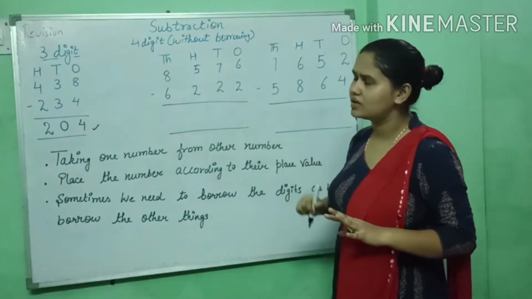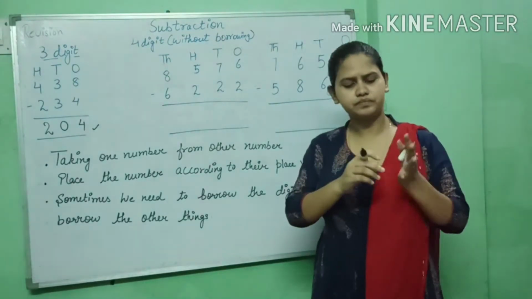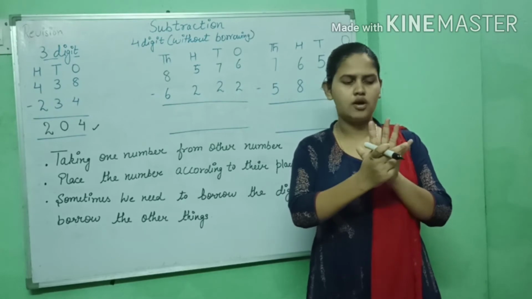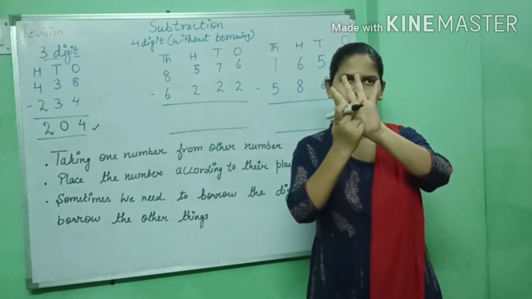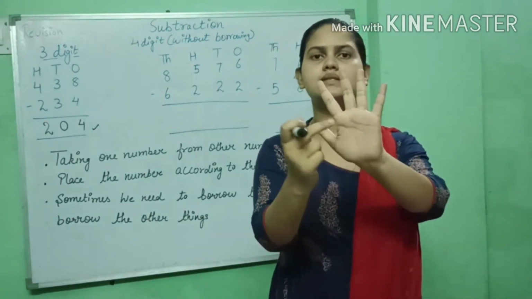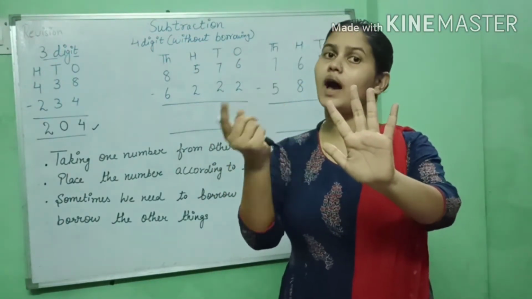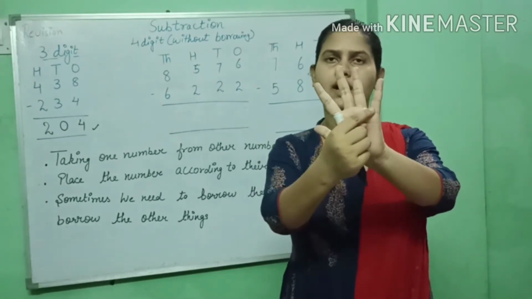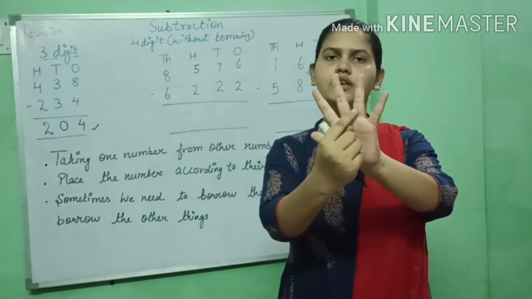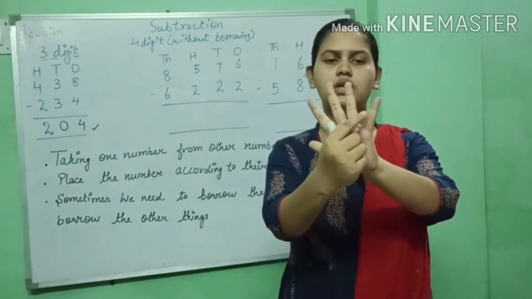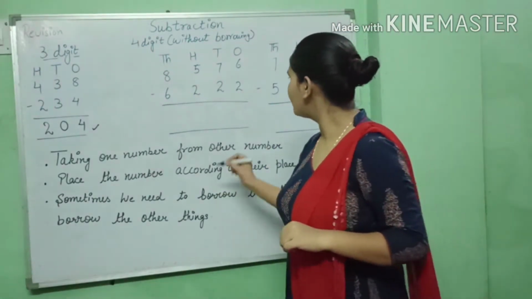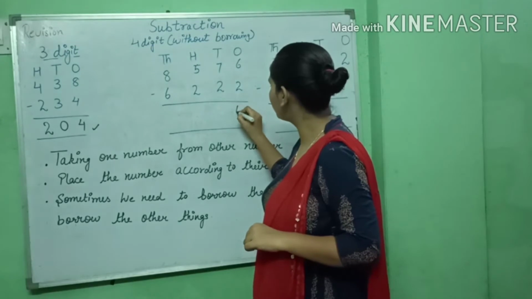If we minus 2, we will count after 2 till 6: 3, 4, 5, 6. You can see my fingers. I can show you. There is 6, we have to minus 2. I am now counting from 3: 3, 4, 5, 6. How many tips are there? 1, 2, 3 and 4. How many digits are left? 4, right? So we will write 4 here.